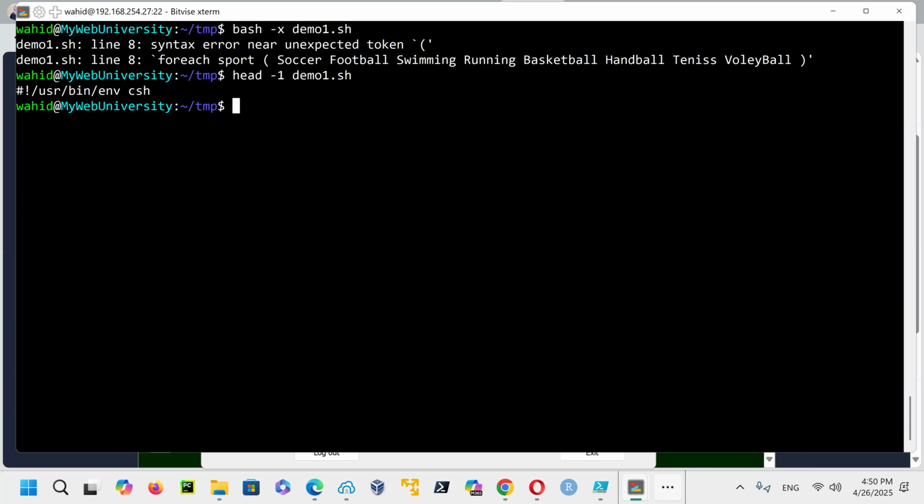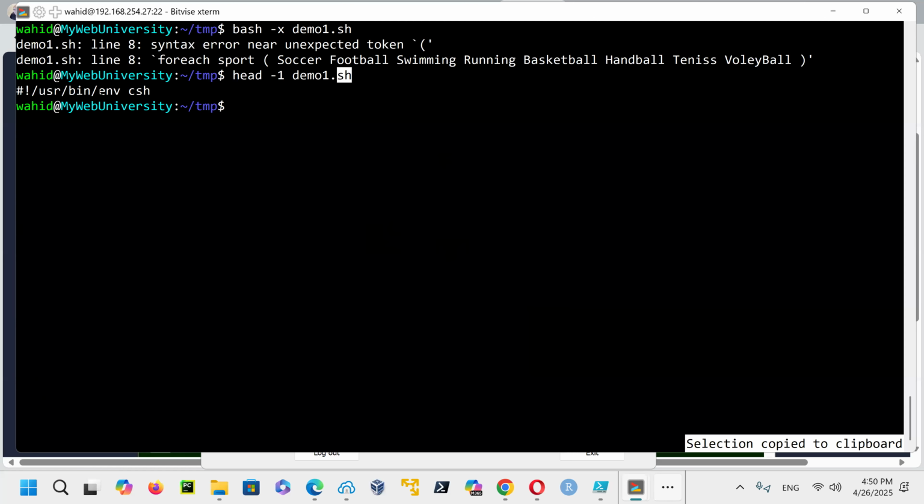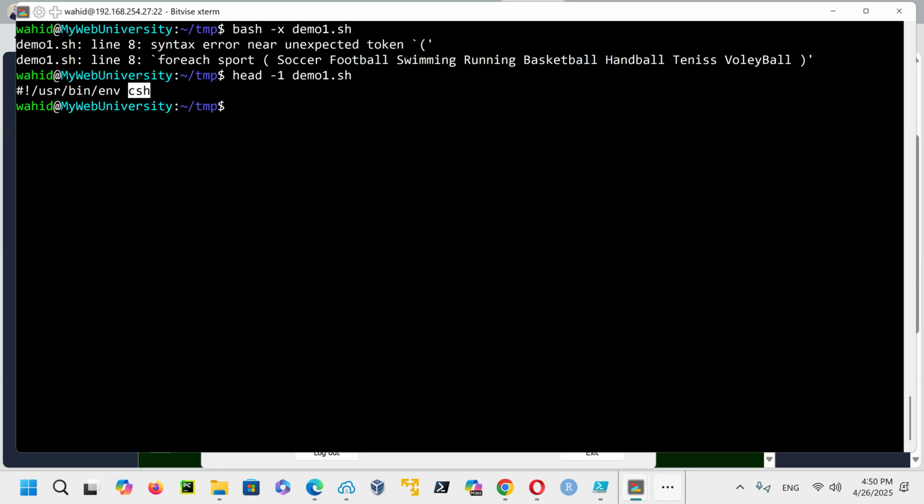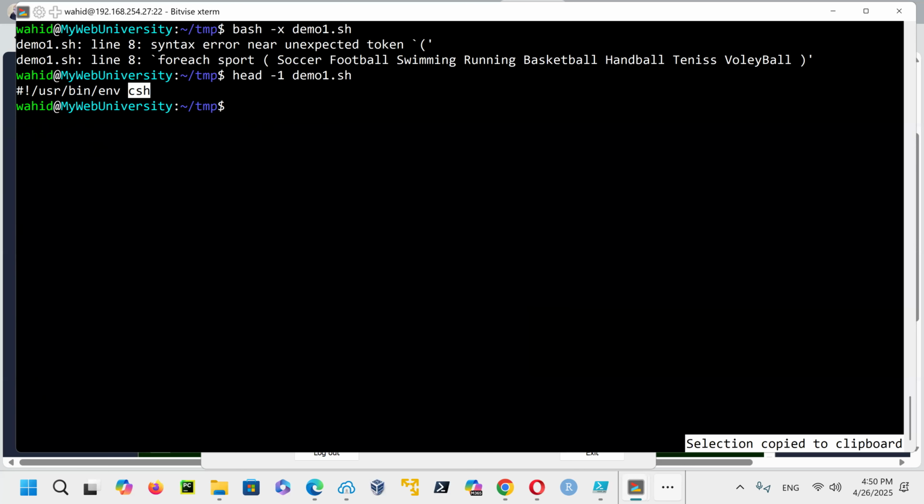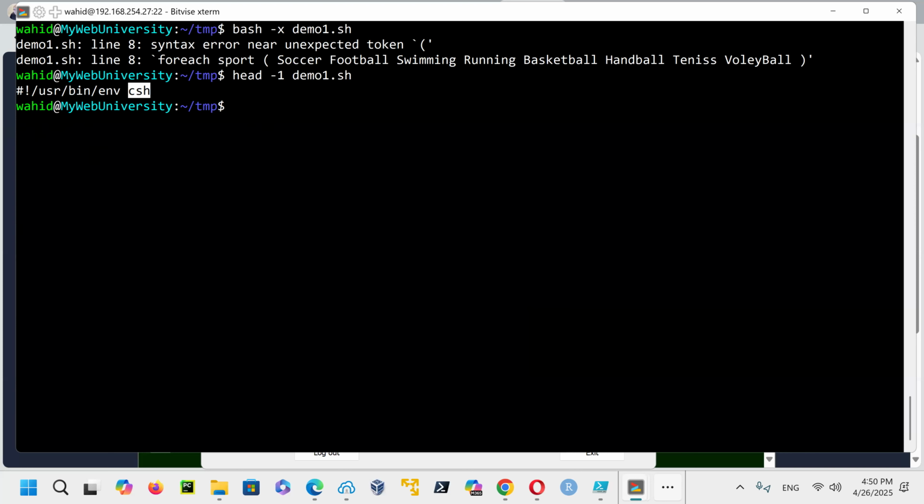It doesn't matter what I give the extension. The head line says the syntax has to be C shell. So if line 2 does not require a C shell, then it will fail. But if I just change line 1 to bash, then line 2 is still C shell, it still is going to fail, right?